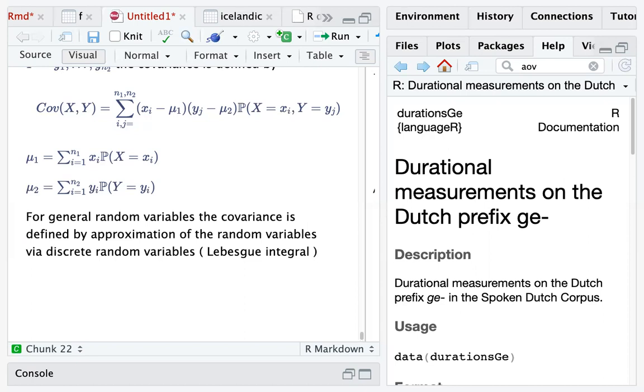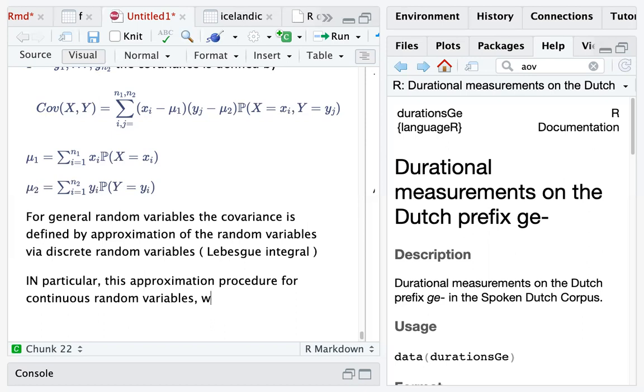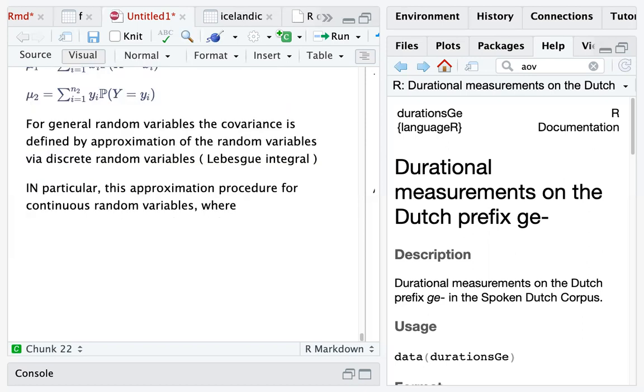Just for general knowledge, this approximation procedure for continuous random variables, where there exists